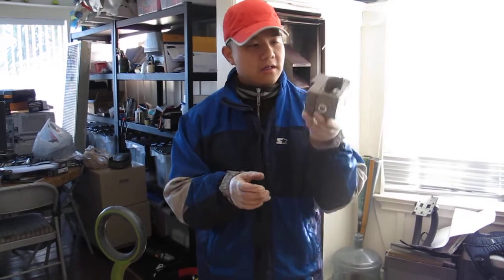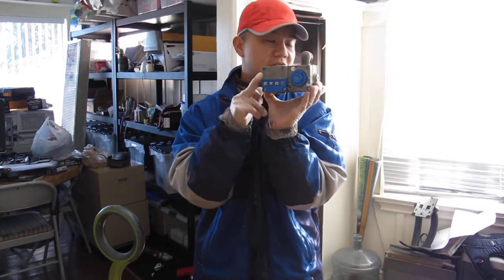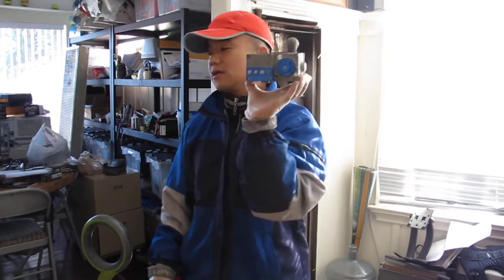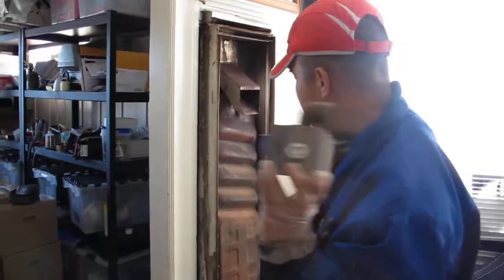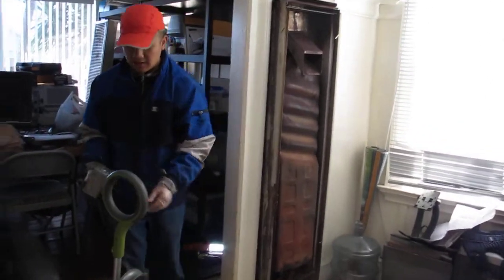Today I'm giving you a video on my bad furnace heater control valve. So this is like the guts, the main part of a furnace. So here we have a wall furnace, and how it works is if you come on this side,